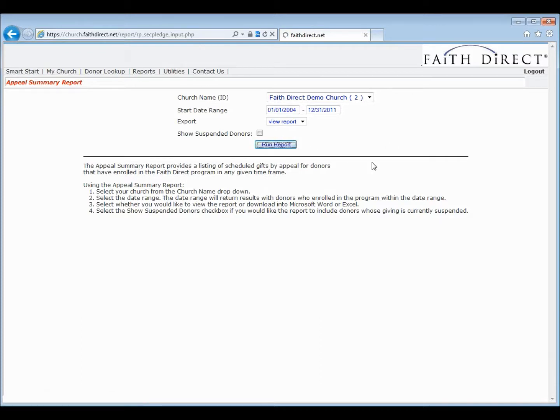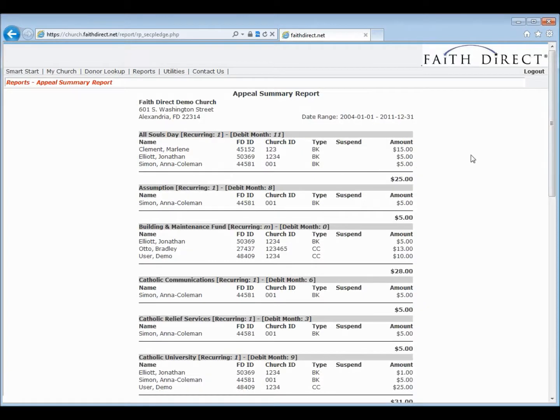So we're going to go ahead and run the report. And we did select it to show only users who are not suspended, so we're not going to see any suspended users in this report. You can see that we have the appeal summary report listed at the top, just again, the name of the